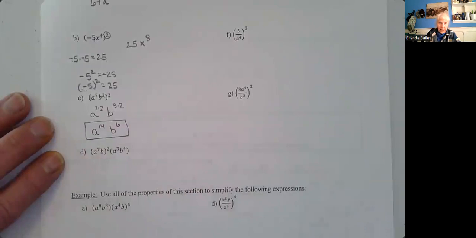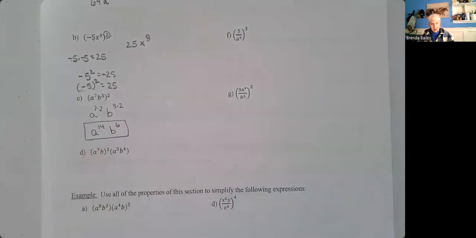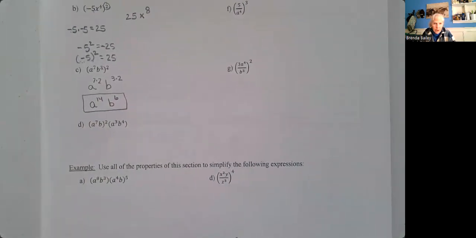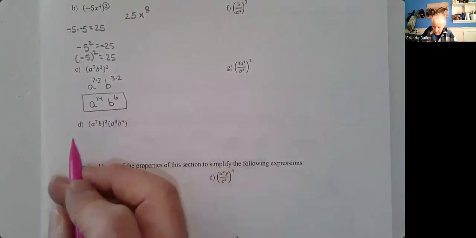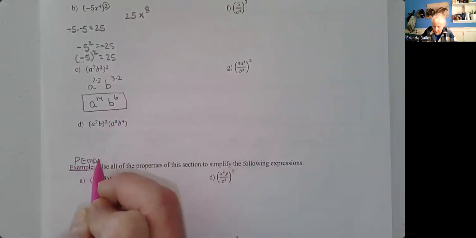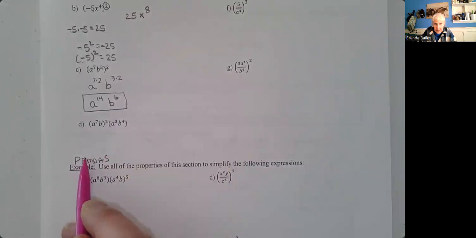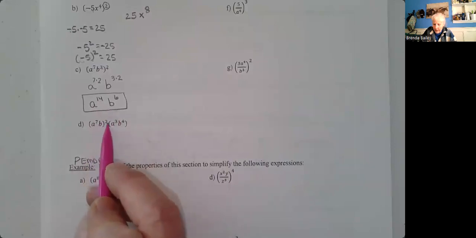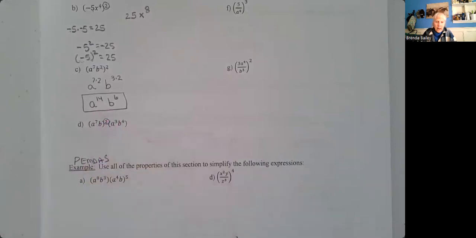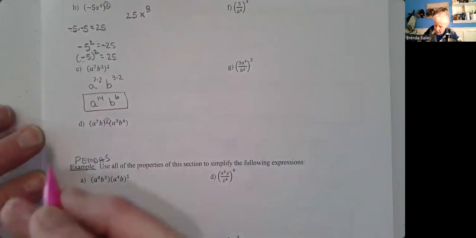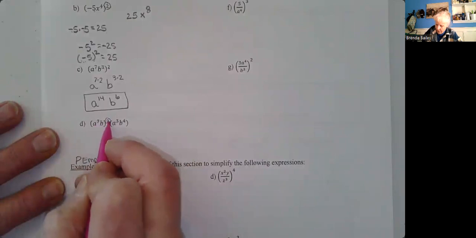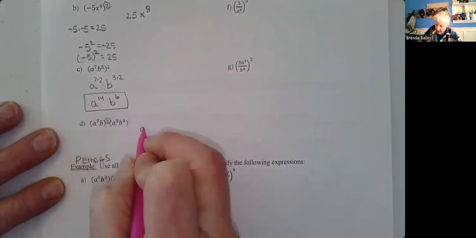Let's look at D. What do we got here? We have a couple of things going on. We have an exponent, and then we have a multiplication. What we do is we do PEMDAS. And in PEMDAS, I'm going to write it way down here so I have enough room. Exponents, the E comes before multiplication. So we're not going to multiply these. We're going to do the exponent first, and then we're going to multiply. We'll follow the rules of order of operations. So we have 7 times 2. I think I can put it over here. A to the 14th,